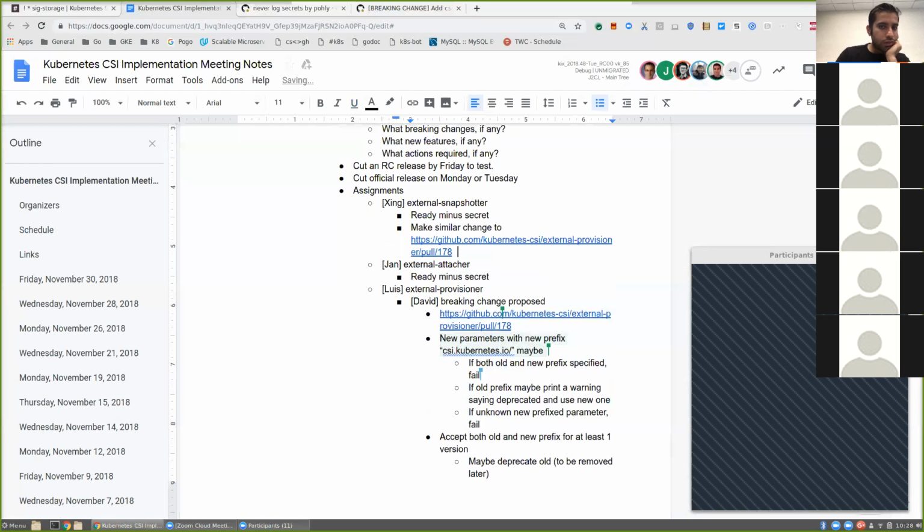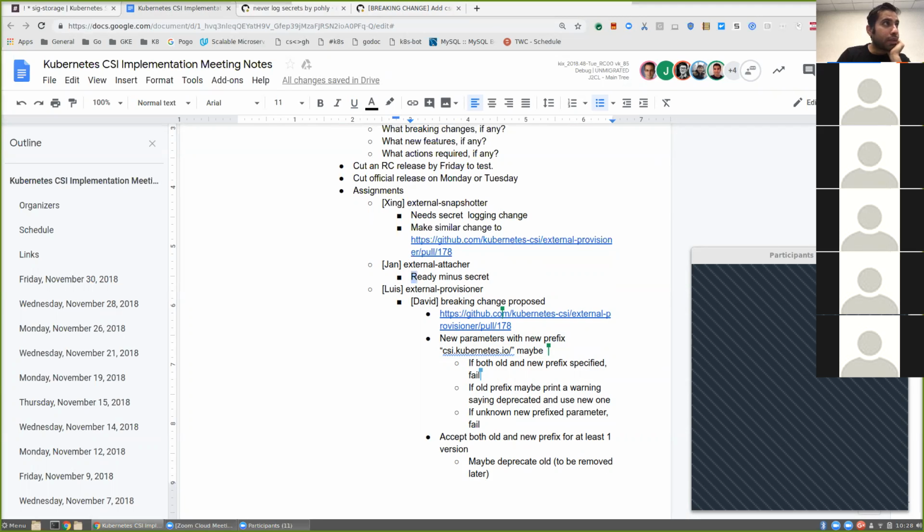It has most of these ideas. It just doesn't use the other new prefix that we haven't actually decided on yet. But I think most of it's pretty similar, so you should take a look at that. Okay, I will talk to Jean as well so that once I make a change, she can review it. Let's go ahead with these changes today.